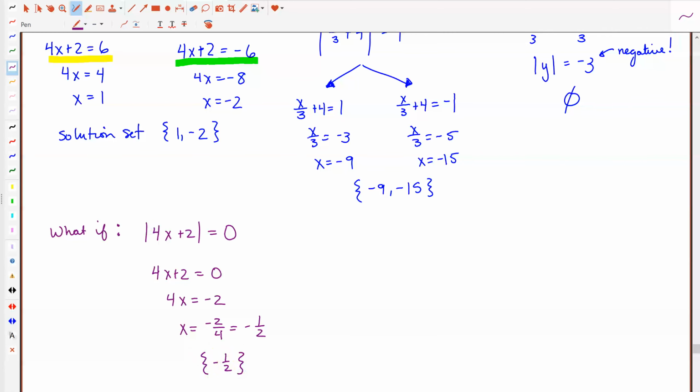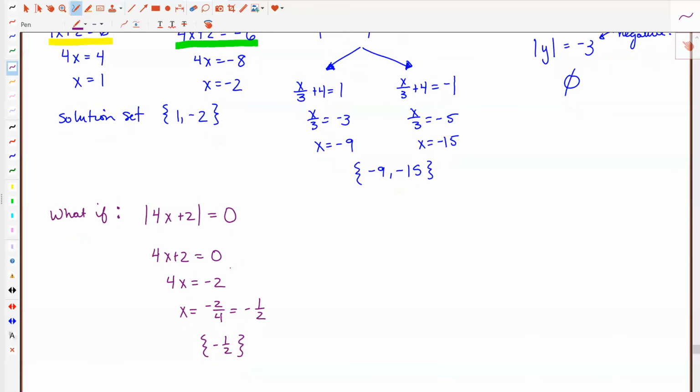All right, so a couple more comments. In this section, we don't really ask you to graph the solutions, but when we get to the inequalities, we will. So let's talk about why we don't ask you really to graph here, but we will ask you to graph later. If I wanted to graph this,